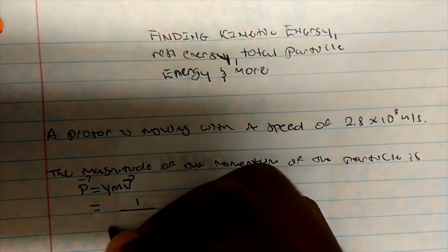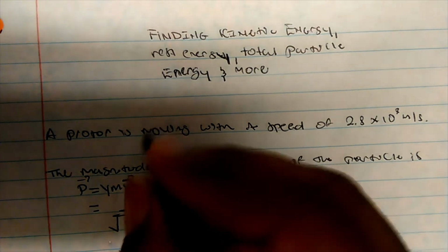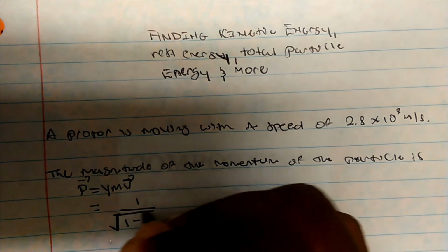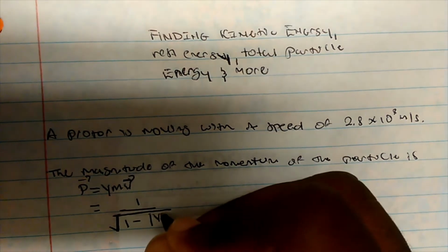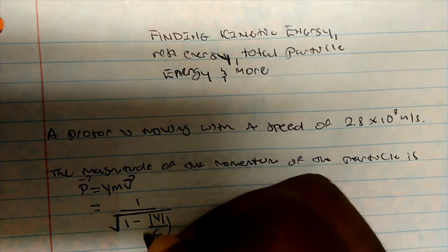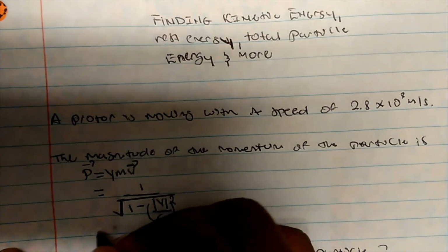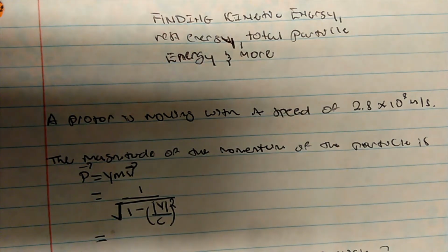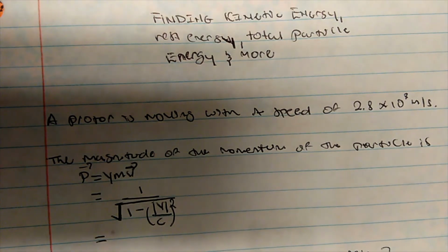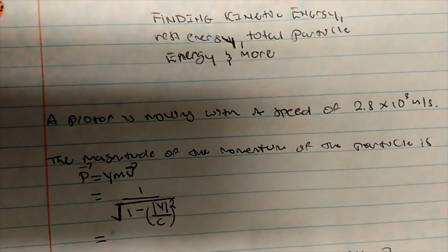And we know gamma is 1 divided by the square root of 1 minus the magnitude of the velocity divided by c, squared. So I'm just going to plug it into my calculator. I take the square root of 1 minus the velocity, 2.8 times 10 to the 8, divided by the speed of light, 3 times 10 to the 8, and then I square it. That gives me about 0.359. So I take 1 and divide that by my answer, and I get my gamma to be